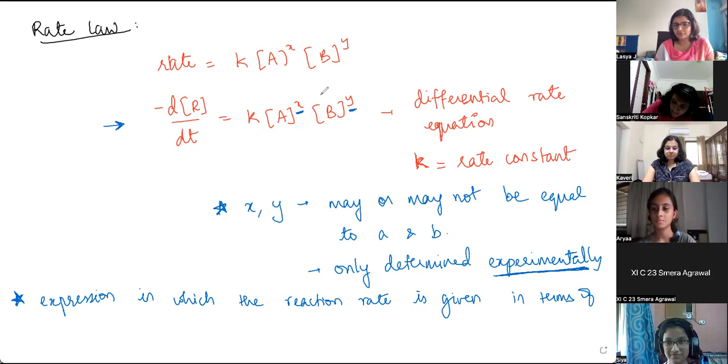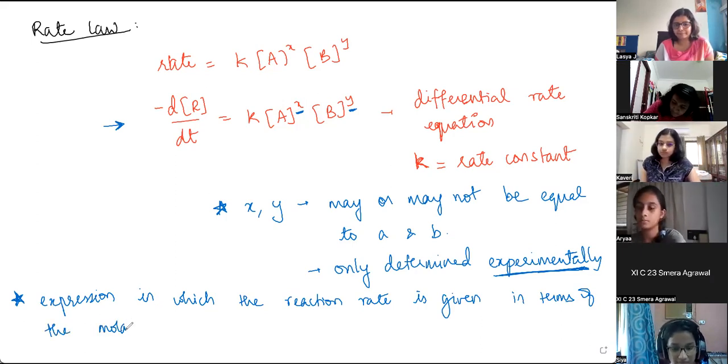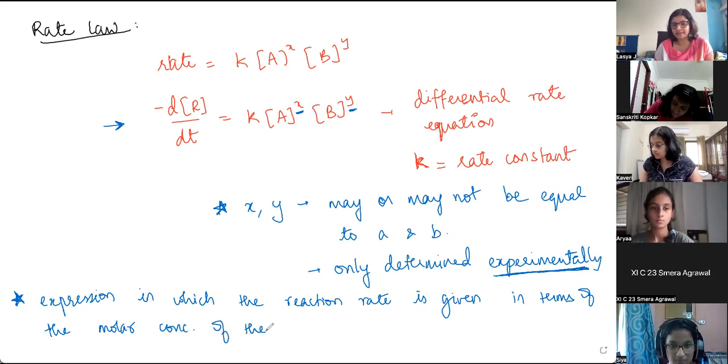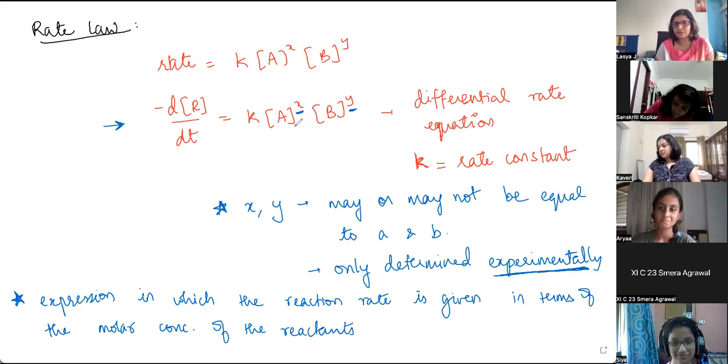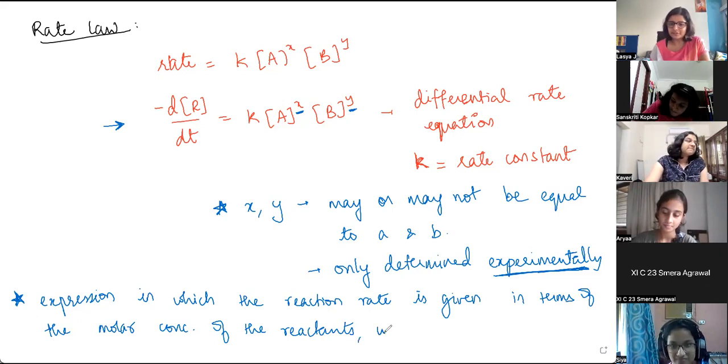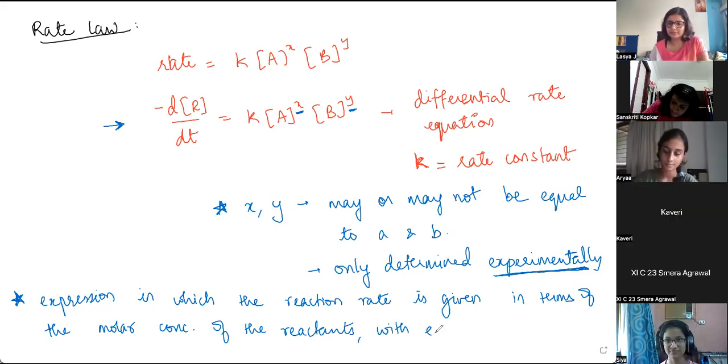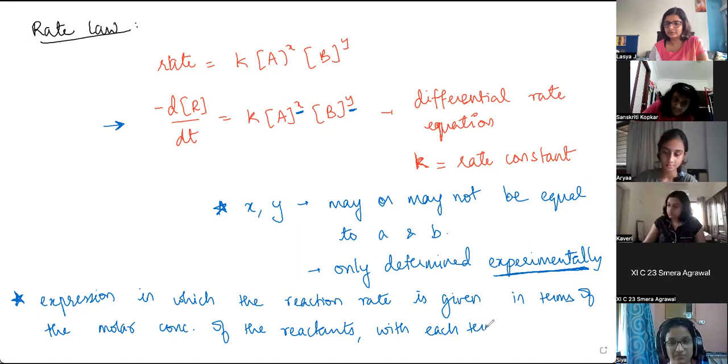The molar concentration of the reactants, which is the concentration of A, concentration of B, with each term raised